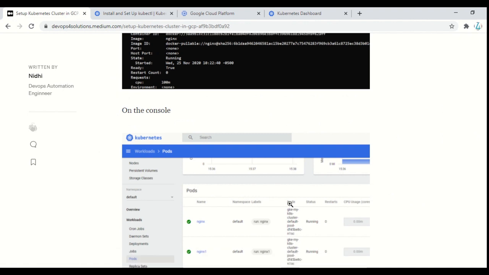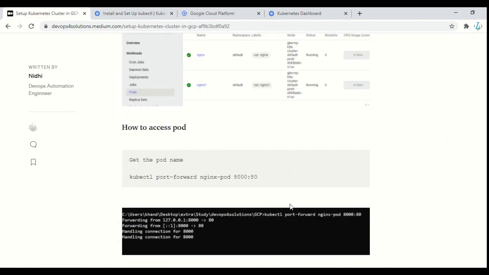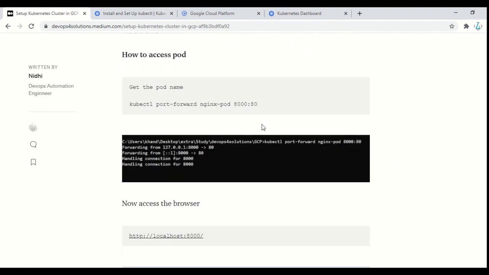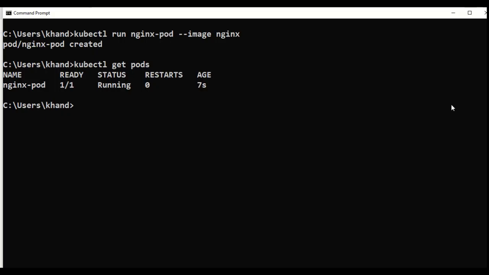Now the last part is how I will access this pod. Like, I want to access it using a browser, then how will I do that, right? For that, Kubernetes provides three options, but in this we will be using port forwarding. That is good for your local testing, where you just want to see, okay, I launched this service. Now, if you need to do basic testing, then how can I do that? So for that, we will do this. So this is port 8000 under which I want to run this Nginx service, and 80 is the default port of Nginx. Okay. So let's just do this.